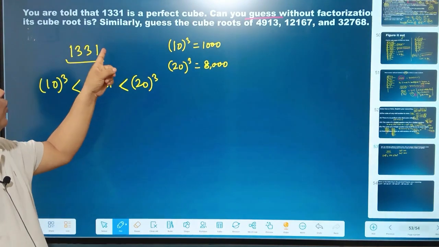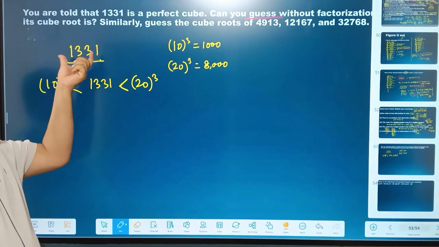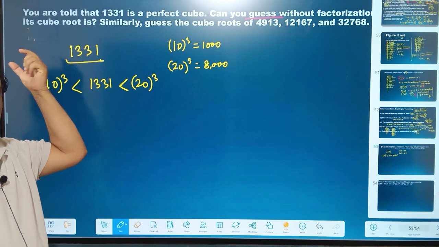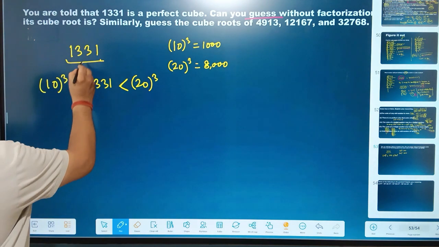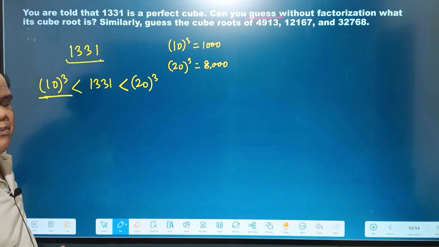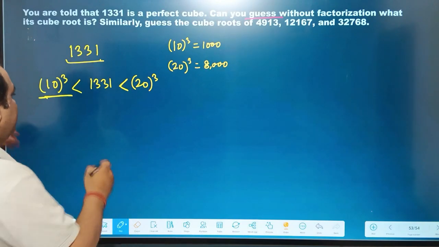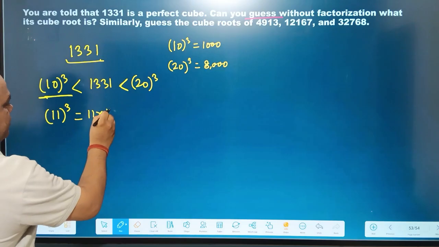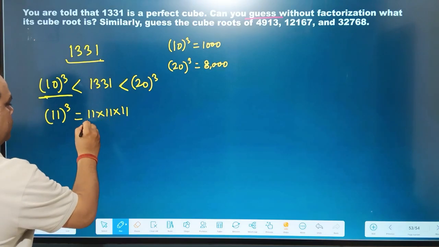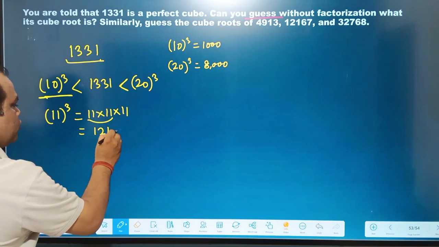एंड कर रहा है, तो 1 से एंड कर रहा है, इसका मतलब इसका जो ये जो क्यूब बना जिस नंबर से बना है उसके लास्ट में भी 1 ही होगा। तो ये नंबर क्या है 10 से बड़ा है तो उसके इमीडिएट बाद क्या होता है उसको देख लेते हैं पहले। 11, तो 11 का क्यूब निकालो क्या होगा 11 into 11 into 11, ये तो हो जाता है मल्टीप्लाई होकर 121, इसको मल्टीप्लाई करो